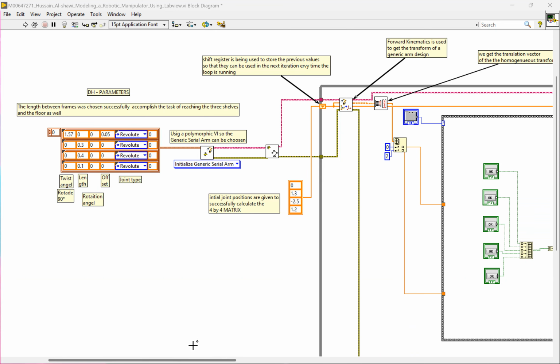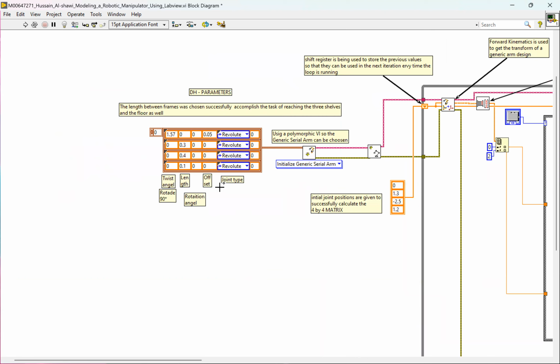I've designed the 3 degree of freedom manipulator. As you can see, I'm using 4 joints because one of the joints is only there for demonstration purposes, and that's the one here. We have a twist angle on it of 1.57 radians, which is rotated 90 degrees. It has 0 length because it's not being used, obviously. This is the length between one joint and another, and as you can see here, the length is 0, and we have put an offset value on it as well,